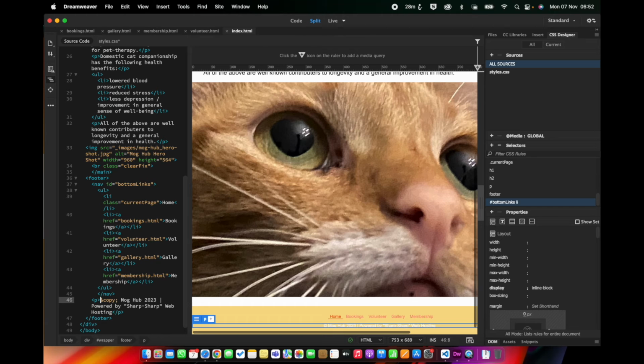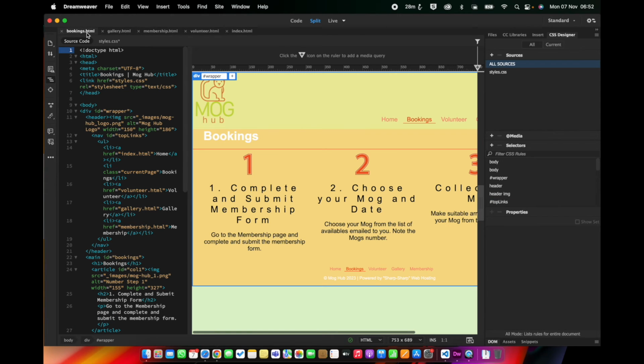For the H2s on some of the other pages, I'm going to style those specifically. So this will be for bookings and volunteer and membership H2s. So selector hash bookings space h2 comma hash volunteer space h2 comma hash membership space h2,